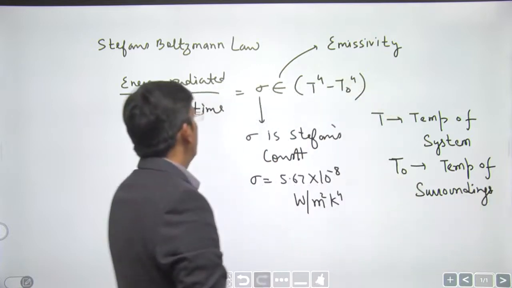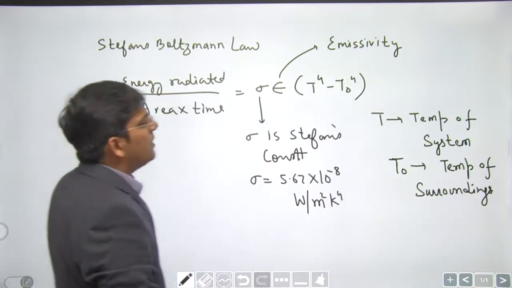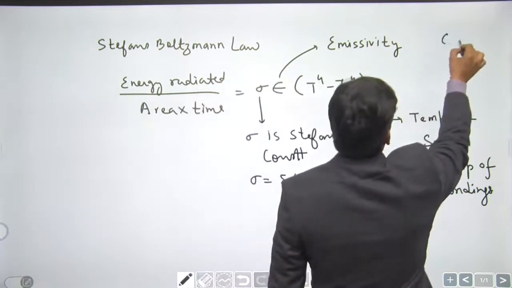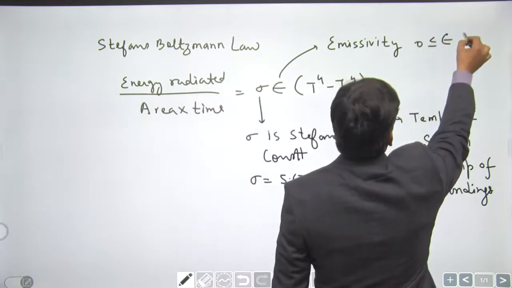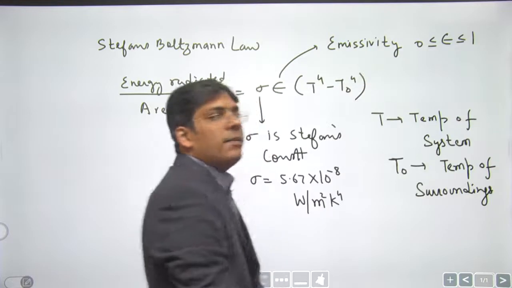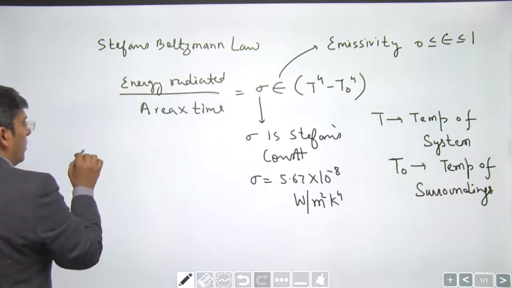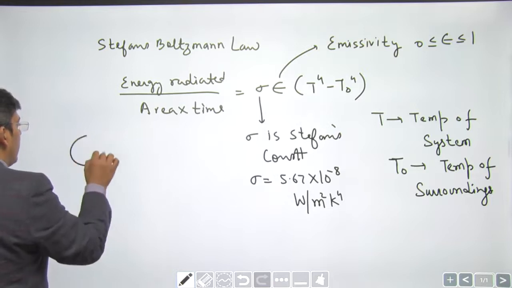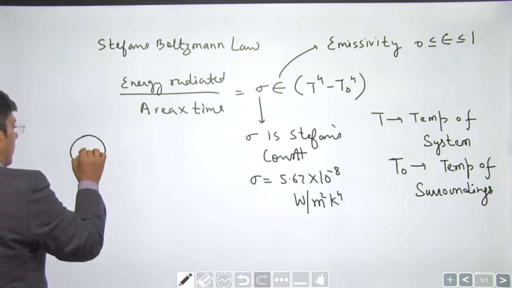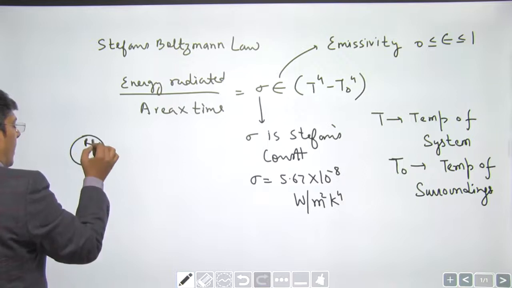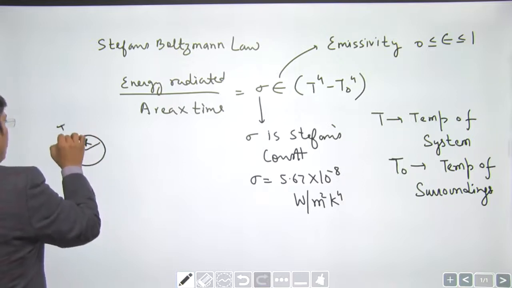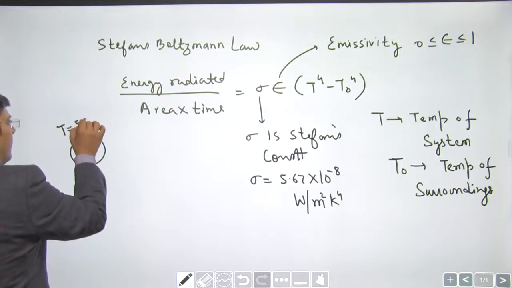Okay, dear students, emissivity is usually between 0 and 1, and it is 1 for a perfectly black body. Now, if you are given a spherical ball of radius r, temperature being say 500 Kelvin,